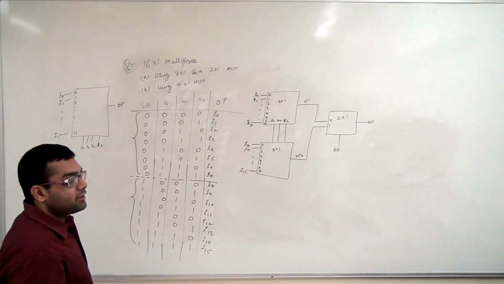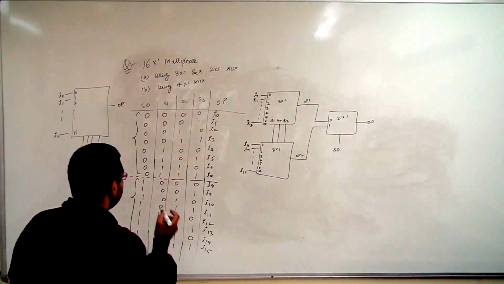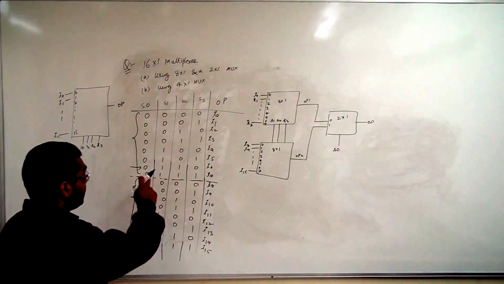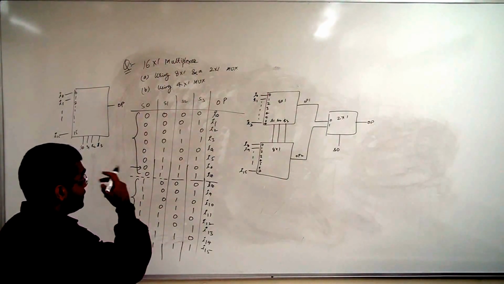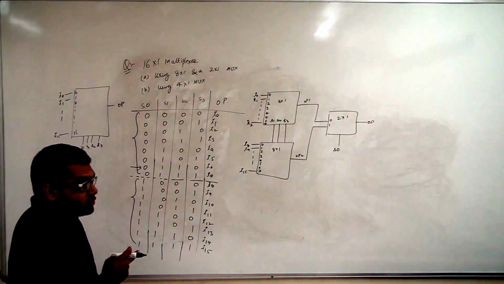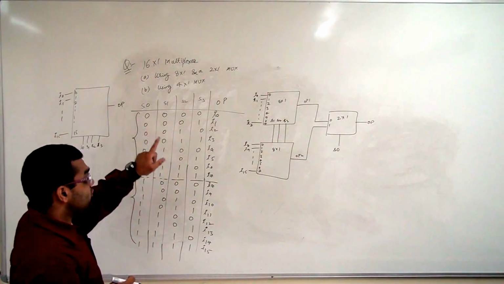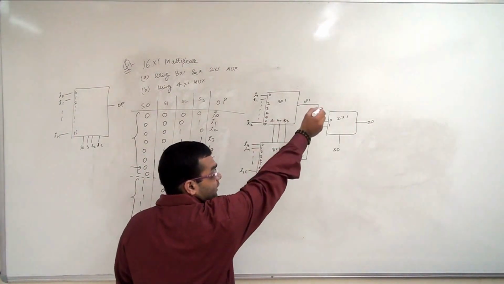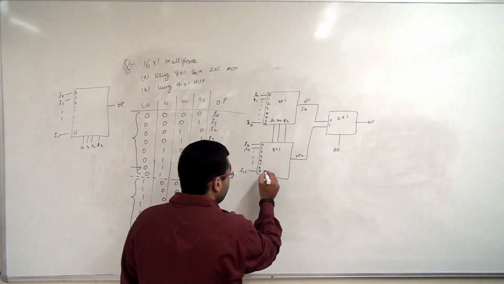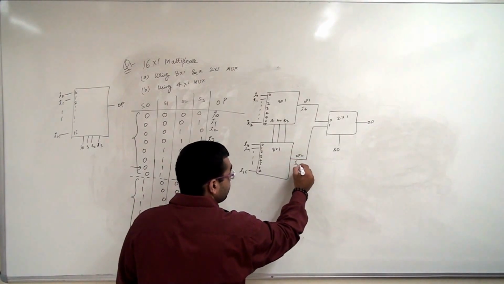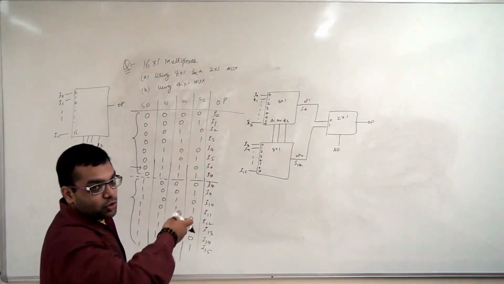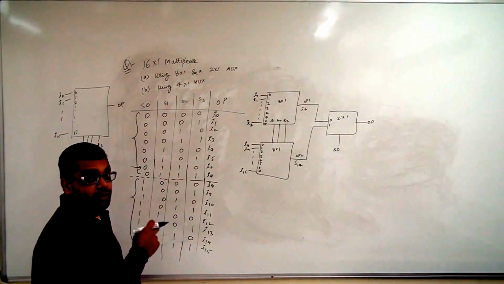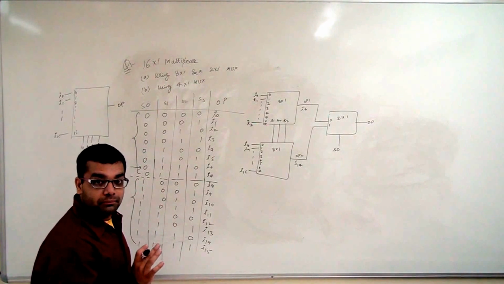Now let us see, is this circuit working correctly? Let us take the case of this input, that is our select lines. S0 is 0, S1, S2, S3 are 1, 1, 0. So first of all, taking this case, S1, S2, S3 are 1, 1, 0, that is 6. So we have an input I6 coming from here and again an input I14 coming from here, because the select lines are common. So in both the multiplexers, whatever is connected to the input number 6, that will be going at the output.